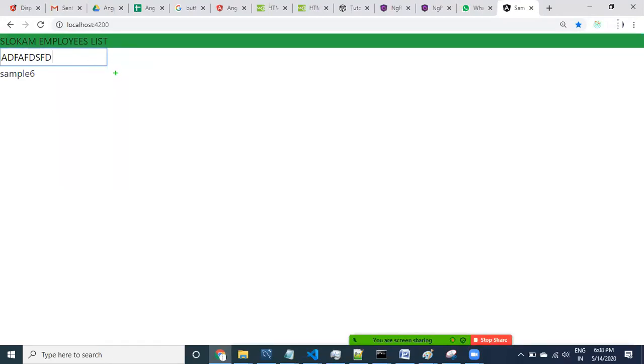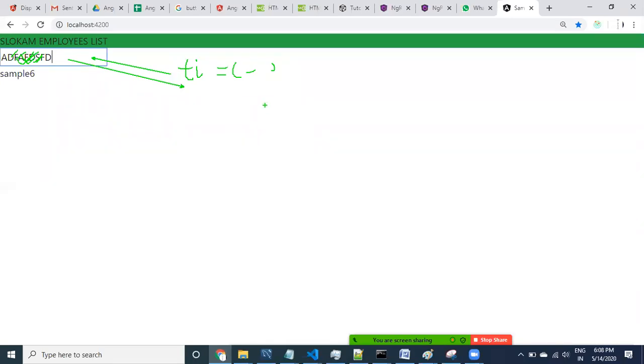How is one-way binding happening? The property is available in the component, the title property we are using. Whatever value is available here, this value is going to come to here. But if you change something, this data is not going to come back to here. Whatever changes you have applied will not come to this particular thing.